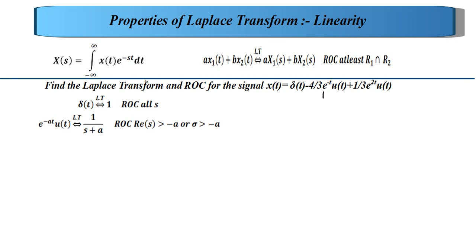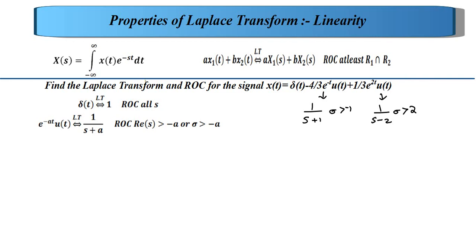So the Laplace transform of e raised to minus t into u of t becomes 1 by s plus 1. Okay, and ROC will be sigma greater than minus 1. And for the second part, e raised to 2t into u of t, the Laplace transform will be 1 by s minus 2, and again it's a causal signal and sigma greater than 2. Okay,